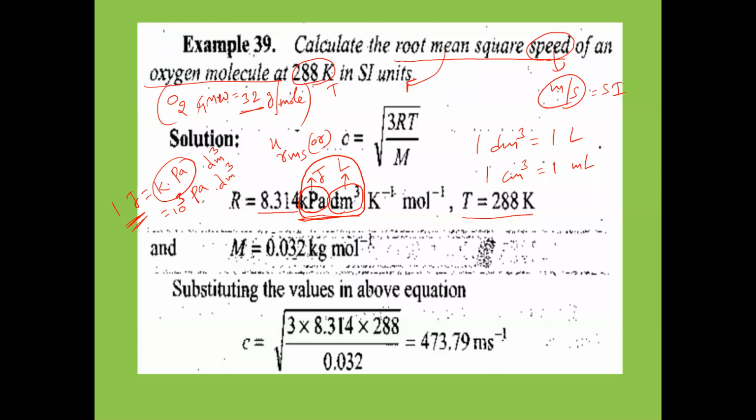Next, what is the absolute temperature mentioned here in the problem? 288 Kelvin. And M is what now? Molecular mass, gram molecular weight. Generally we know this in grams. What is the value in grams here? 32 grams, oxygen. Now 32 grams, how to convert into kilograms? The gram molecular weight of O2 is equal to 32 gram per mole. In place of gram, we have to write in MKS unit, so kilograms. So 32 into 10 power minus 3 kilograms